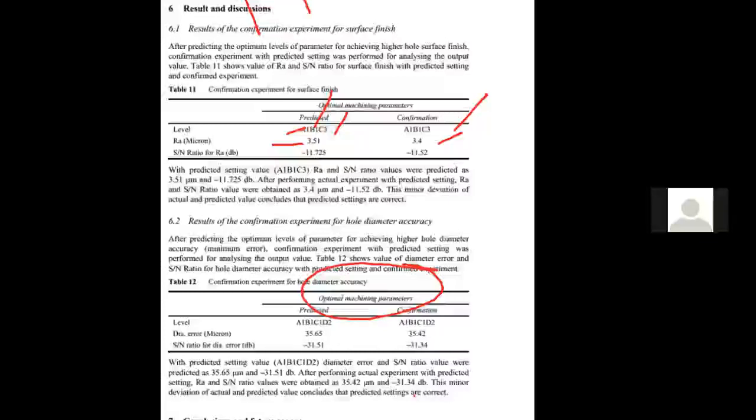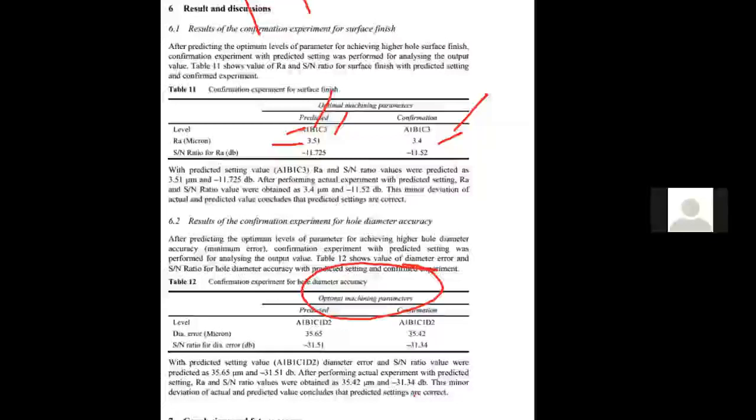But if you are doing your research or writing a thesis, I recommend at least 2 replications. If possible, perform 3 to 4, but at least repeat your experiment 2 times. Then perform the analysis and find out the SN ratio of the experimentation. If it is a multiple response, have the weightage. If not, have the main effect plots. You will come to know at what level each factor should be kept. Then perform the regression analysis and ANOVA.